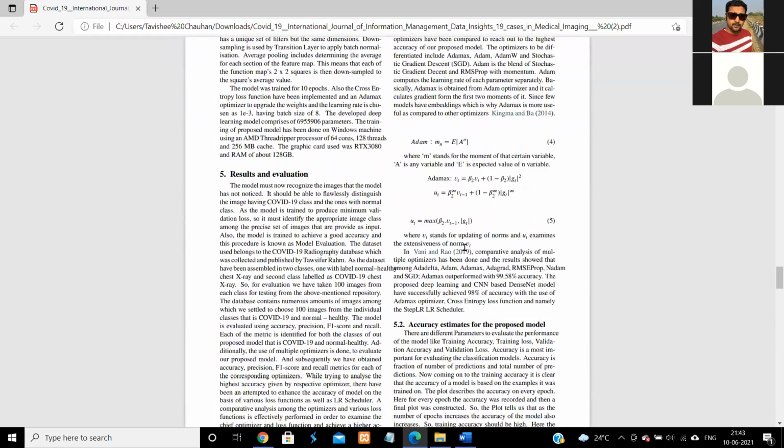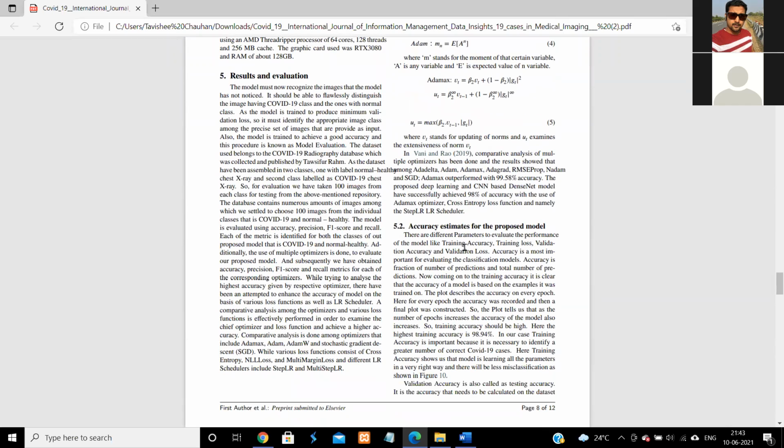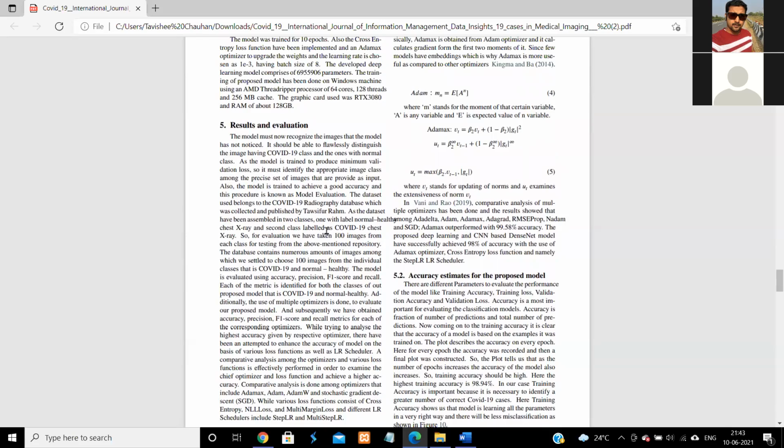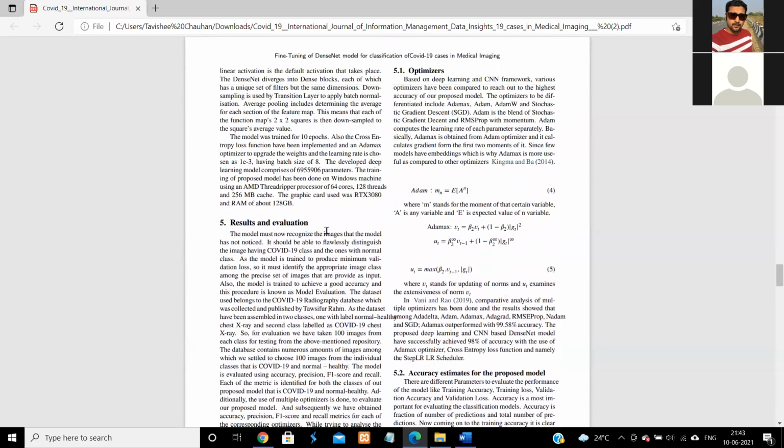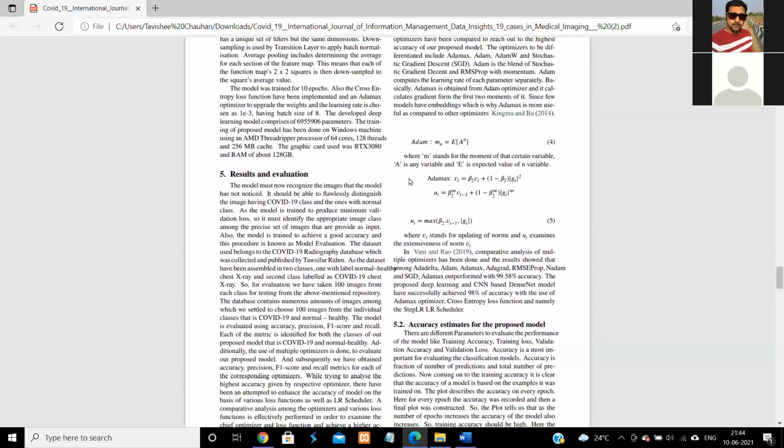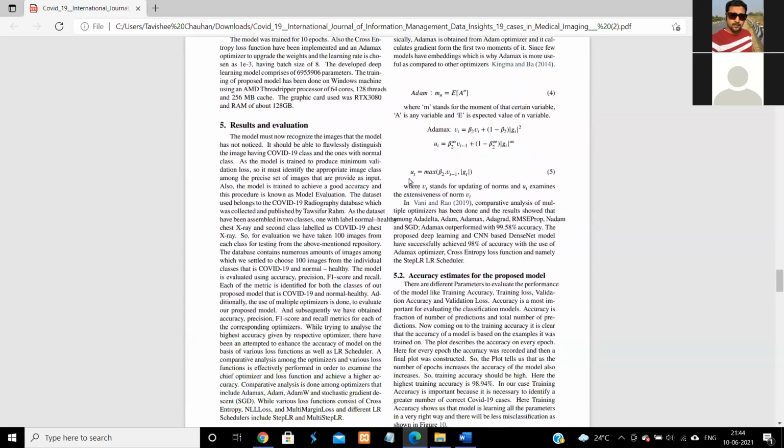So this comes under the results and evaluation part. While introducing results and evaluation, it is very essential to explain how we are going to measure our results. So we have measured our results in terms of accuracy, F1 score, precision and recall. Introducing these concepts is also important. We used optimizers which included ADAMAX, ADAMW, and SGD. Among these optimizers, there's a table below, I'll show you, and that is proof that the particular optimizer has outperformed.